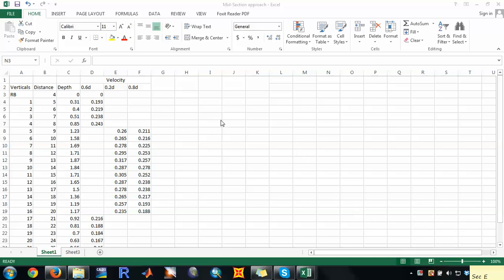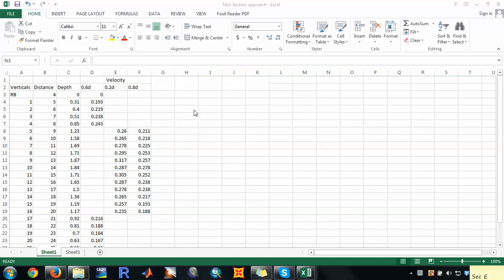Okay, in this part we are going to deal with how to calculate the discharges from given river flow data, stage and velocities. So usually when we measure a river system, we have the river and we do the river cross-section. We divide it into small lengths, and then in that particular length we measure the depths, and